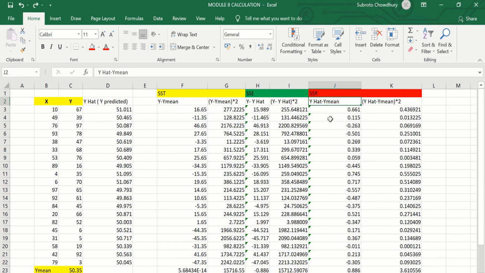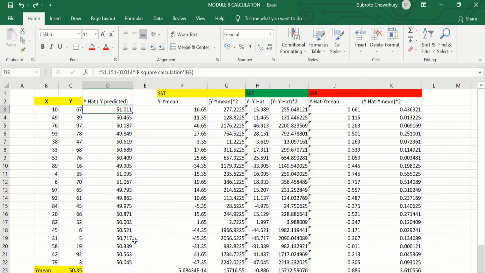We have calculated the mean of y, and now we will define a model. I will also show you how we have done it, but for the time being, just bear with me. This is the model. The model says that if you want to predict y in future, your model will be 51.151 minus 0.014 into the x value. If you do that, what you get is the predicted value of y in future by the model, right? Now these are the predicted values.